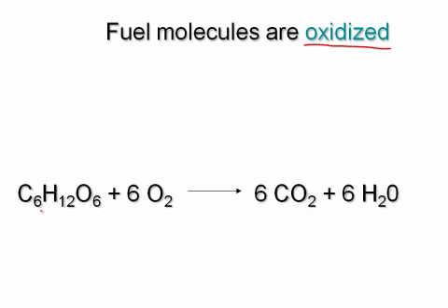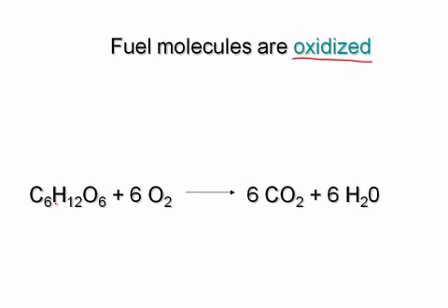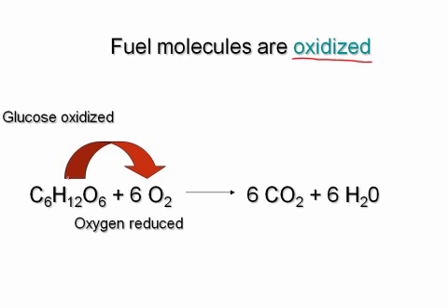And this is just the summary reaction. As we will see in lesson 7, there are many, many small steps that take place. But if we look at this summary reaction, and keep in mind that the glucose is going to be oxidized, something else has to be reduced, and the oxygen is going to be reduced. So if we remember our OIL RIG, oxidation is loss, the loss of hydrogens. So if we strip all of the hydrogen away from the glucose and we pass that over to the oxygen,